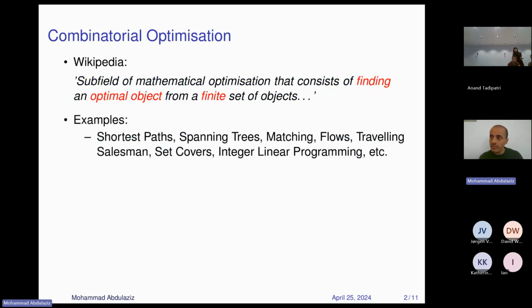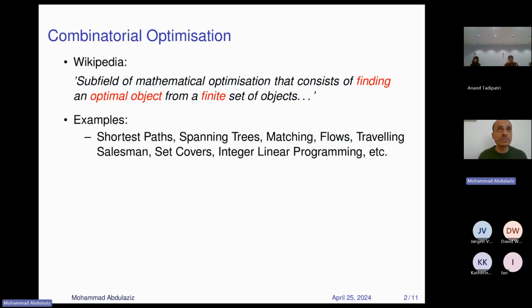It's a finite set, and you have a way to map each path or each spanning tree or each matching to some score. The main problem being studied in combinatorial optimization is methods and algorithms to select an optimal object from such a finite set. As I said, this includes shortest paths, spanning trees, matchings, flows, traveling salesman, and many other very famous problems. Here, as Anand talked, I will specifically focus on some recent work that I and collaborators